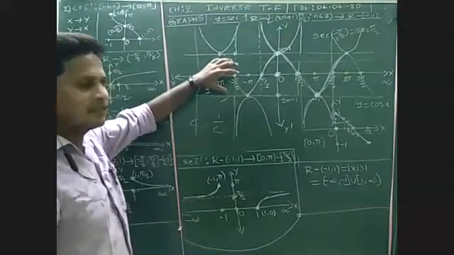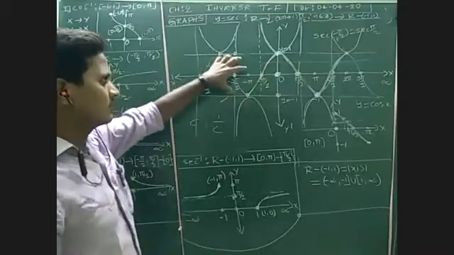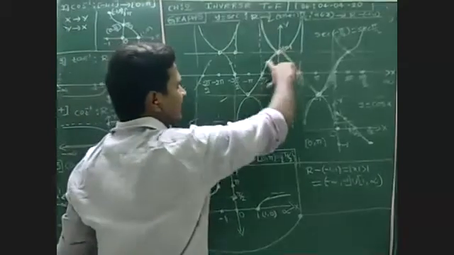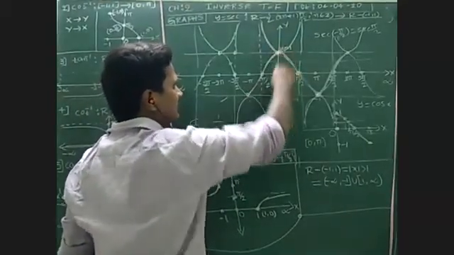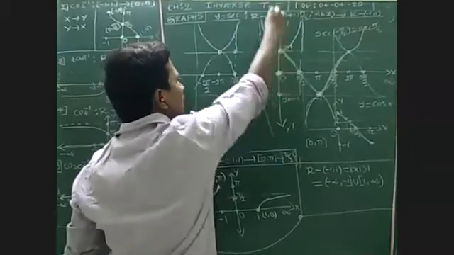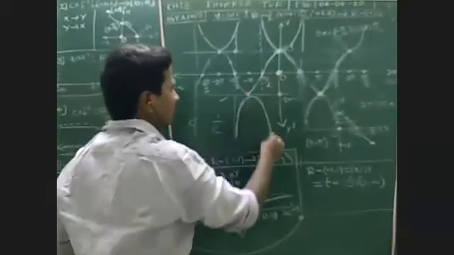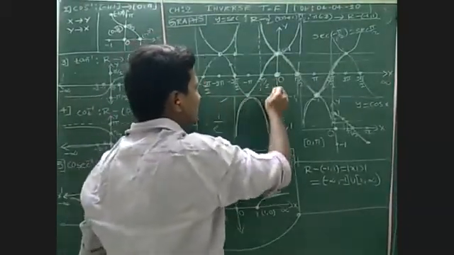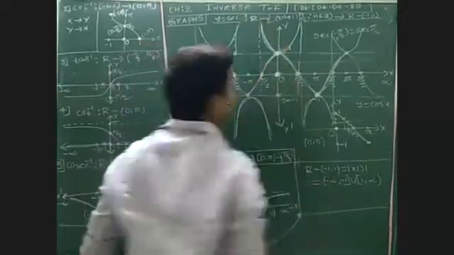Did you draw the graph of cos x? I want to rub this area between minus 1 to 1, the graph of cos x. Except this region, the remaining region above 1 and below minus 1 is the graph of secant x. So the secant function doesn't exist between minus 1 to 1. This is the graph.